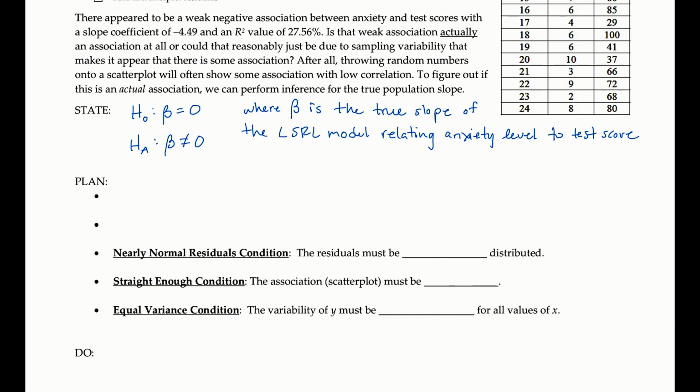So our null hypothesis is that the true slope between these things is 0, okay? If it was 0, then that would mean there really is no correlation between these things. It's effectively drawing a horizontal line through all of your data. Just ultimately, there's no correlation going on there. Obviously, if all of your data landed perfectly on a horizontal line, it would have a slope of 0, but